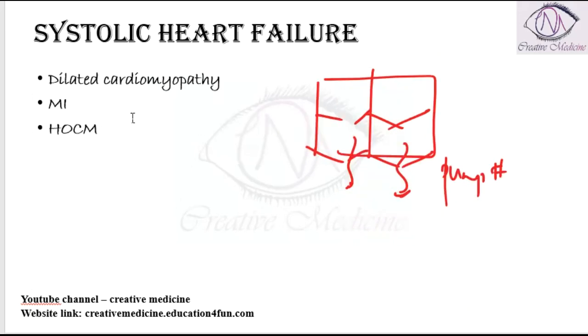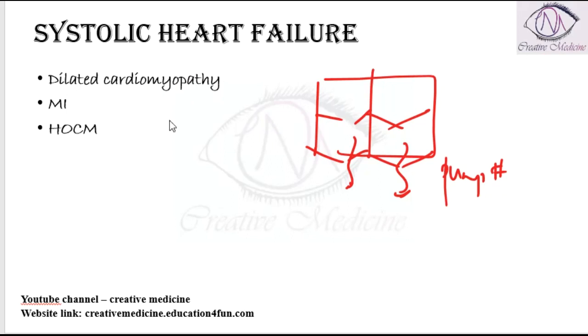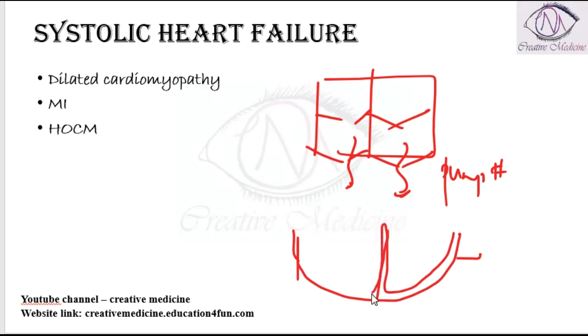Whereas for systolic heart failure, in dilated cardiomyopathy, we will see the causes here also. In dilated cardiomyopathy, the heart wall is dilated a lot. Because of this dilatation, the thickness of the muscle in the myocardium is very less. It is so less that it cannot handle the high volume of blood present, and as a result there is difficulty in ejection of blood.